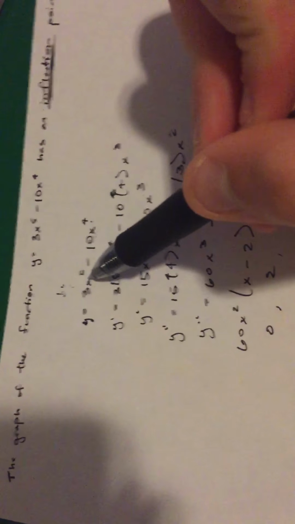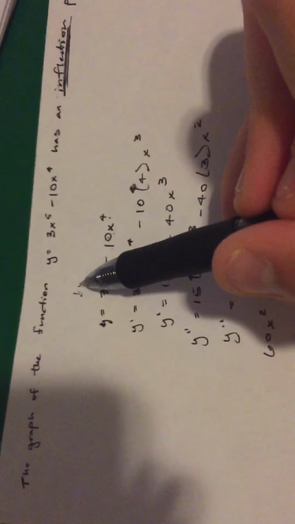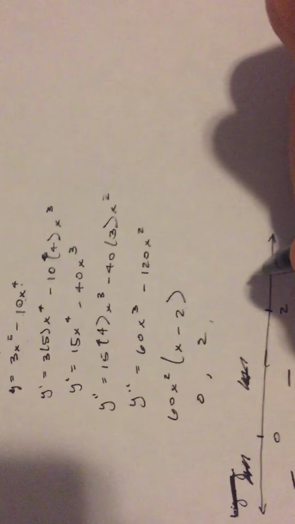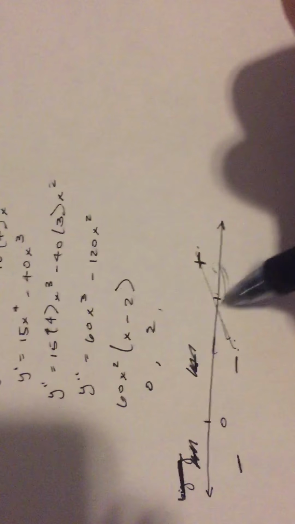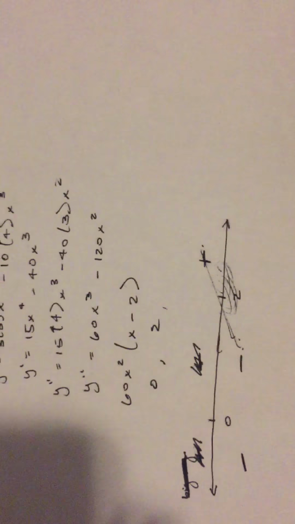Then we need to have a test value for anything greater than 2, so that would be a large positive infinity. A large positive infinity minus a slightly less large positive infinity, regardless, is in fact a positive infinity. As you can see here, we have a sign change at the critical point of 2, which means, of course,